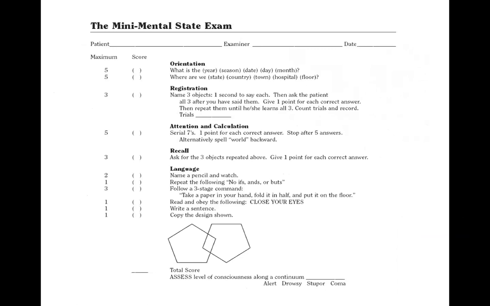So 30 is normal. If I get a 24, 25, I'm starting to think about mild dementia, and anything under that, then I'm starting to worry. Always remember that when you're doing attention and concentration, like serial 7s, that's really hard for some people, especially my population, because they're not necessarily educated and don't have those skills. So I'll have them spell world backwards, or do something else that means they have to concentrate on something.